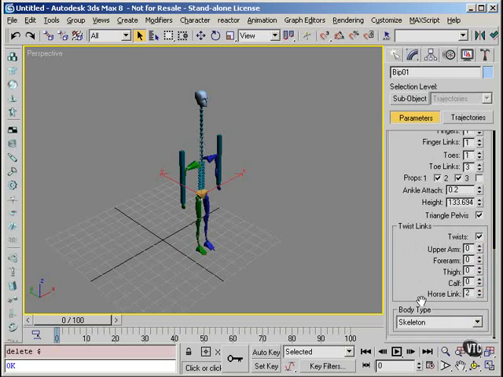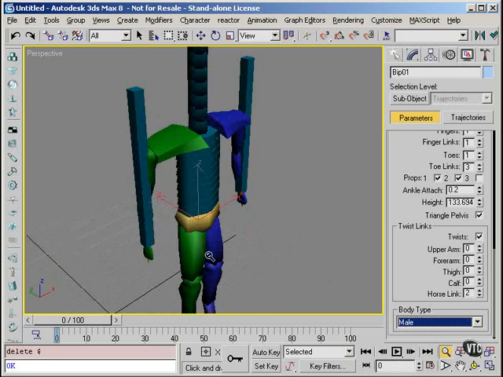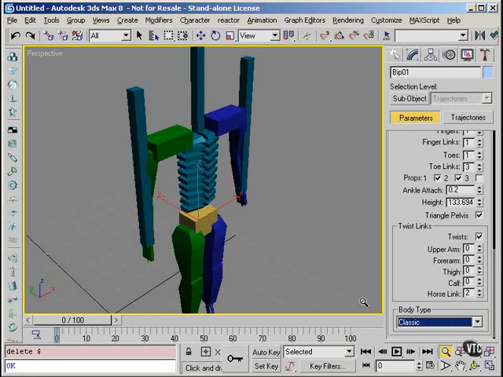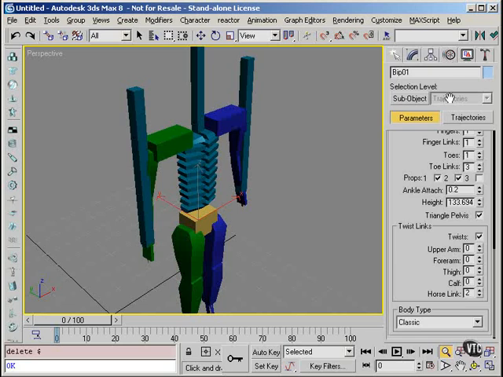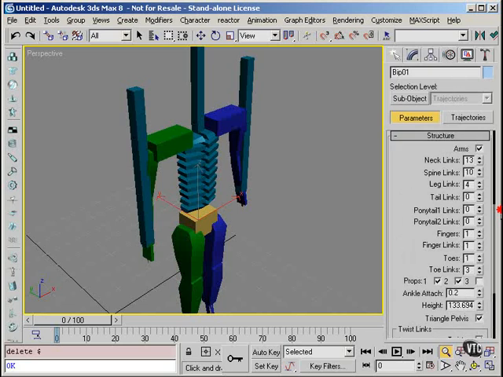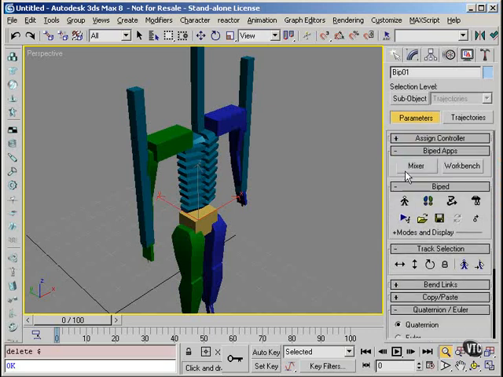There are also different body types for the biped. We're in the skeleton type. Let me just expand this a little bit, see this more closely. You can have a male type, a female type, and the classic, which reflects the way that the biped skeleton looked when Character Studio first came out. So that's a basic introduction to creating and editing the biped, creating it in the Create panel and editing it in the Motion panel by going into Figure Mode. And then when you're through editing, by the way, you just click Figure Mode again